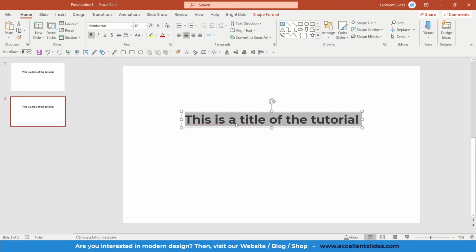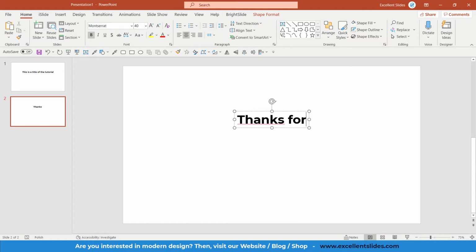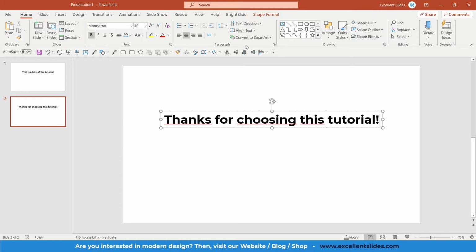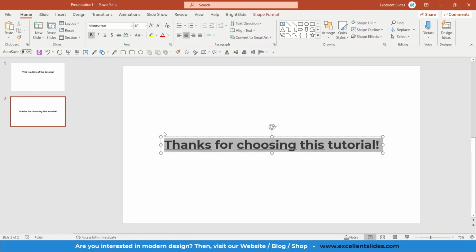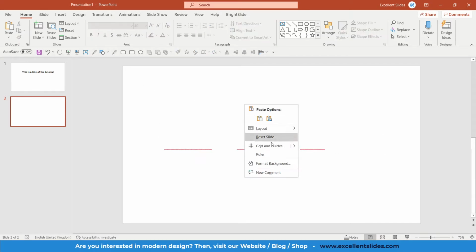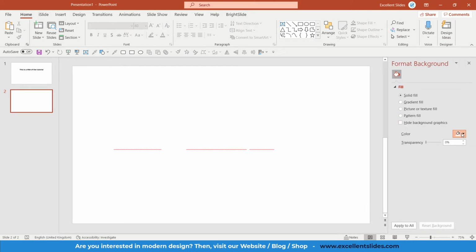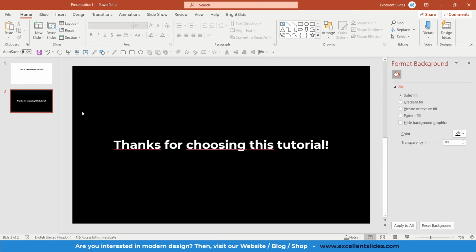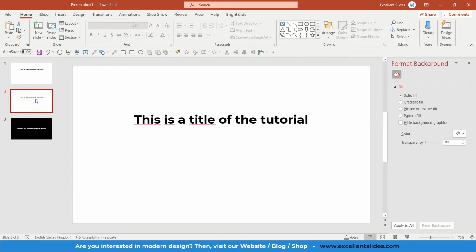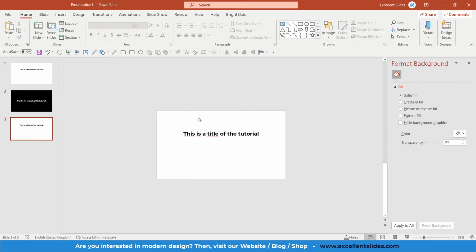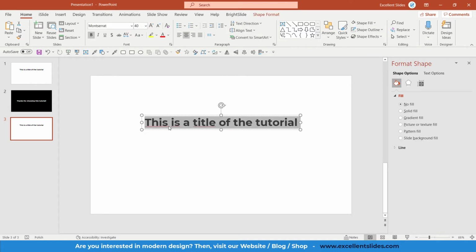Yeah, maybe type here thanks for choosing this tutorial, but yeah, let's say color to white, and just change background to a black. All right, and maybe let's copy this one, and it will be a cool effect. I will show you. And maybe here type I am really proud of you guys,